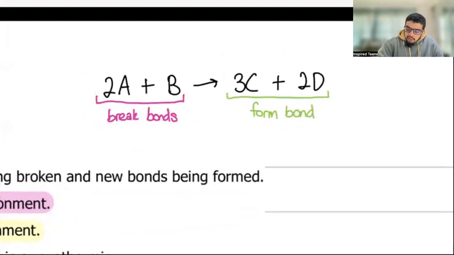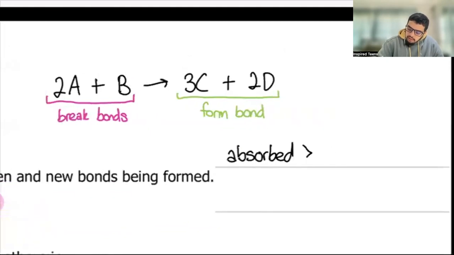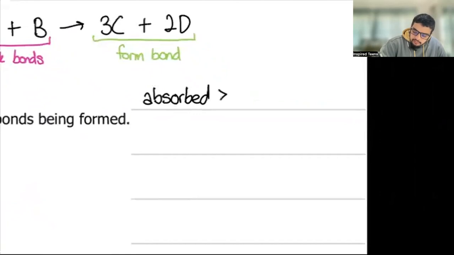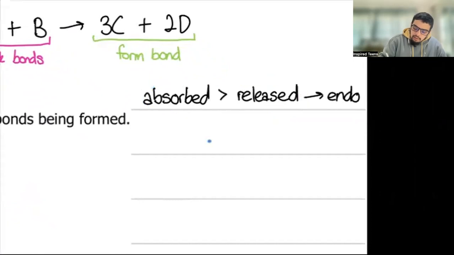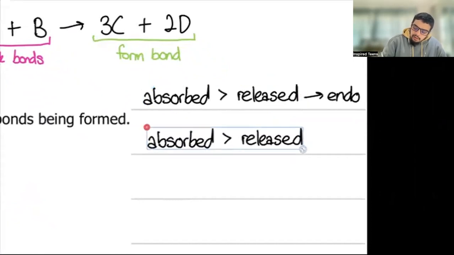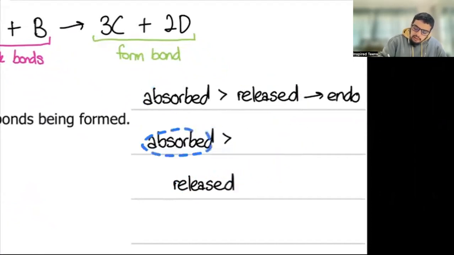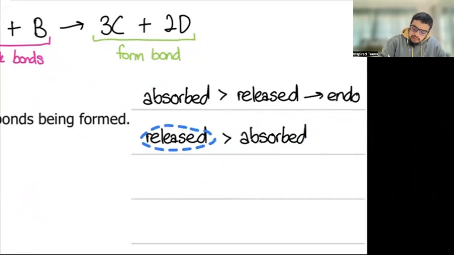If the energy absorbed is greater than the energy released, this is an endothermic reaction. More energy is absorbed than released, that is an endothermic reaction. However, if we have more energy released than absorbed, this is what we call